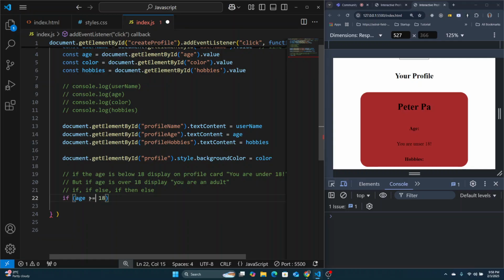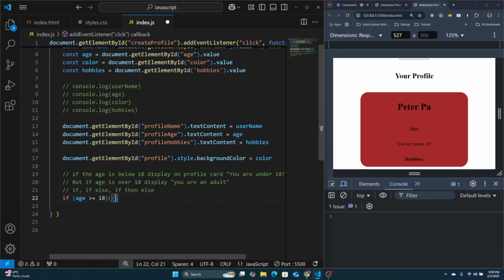Nikiweka tu hivi greater than 18, haita include the 18, itaanzia 19. So adult itaanzia 19. But nikiweka hapa equal sign, adult itaanzia directly from 18. If the age is 18, if age is greater than or equal to 18,